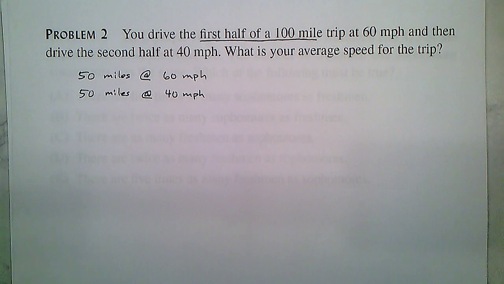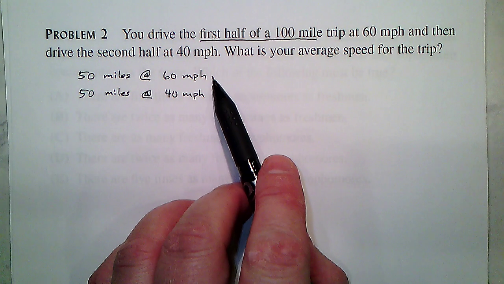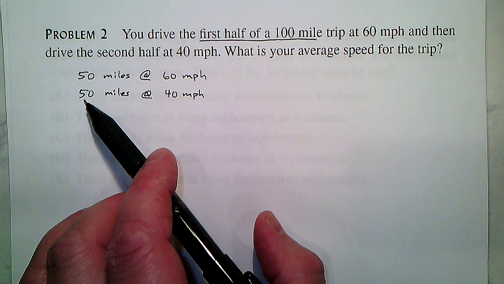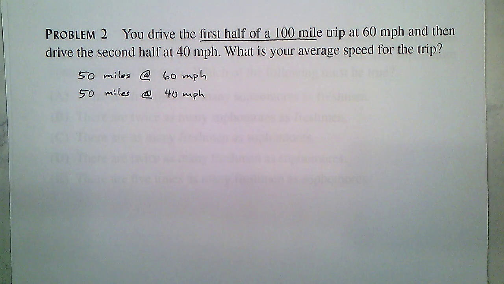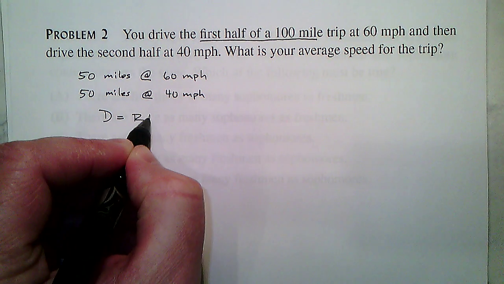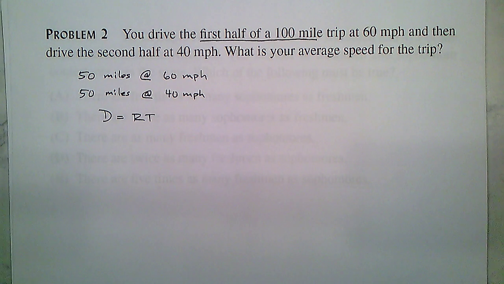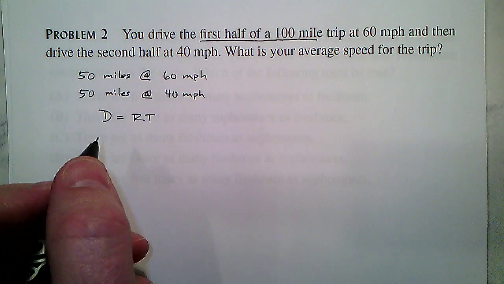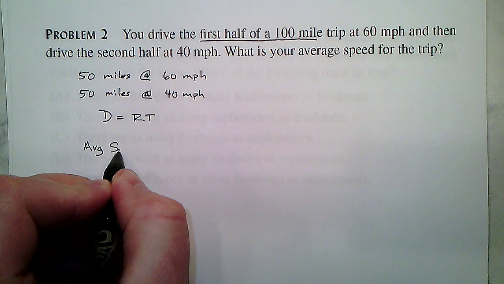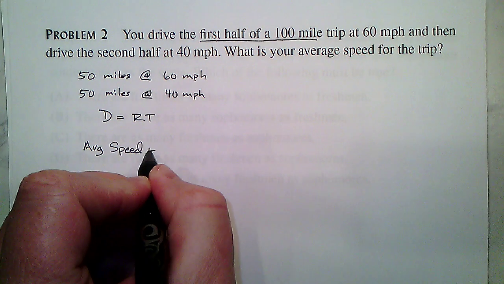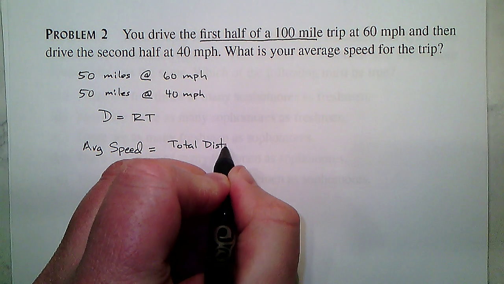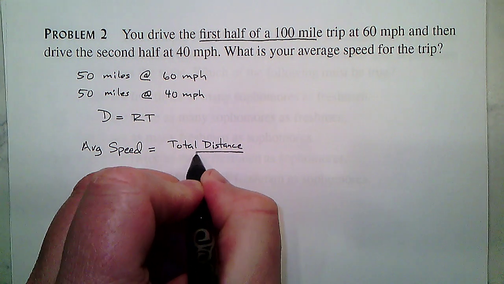So what should your intuition be? Well, it should take longer to travel this 50 miles because I'm going at a slower speed. So let's look, what's the formula again? So distance equals rate times time. So let's use this. And again, I also know that average speed, by definition, is the total distance divided by